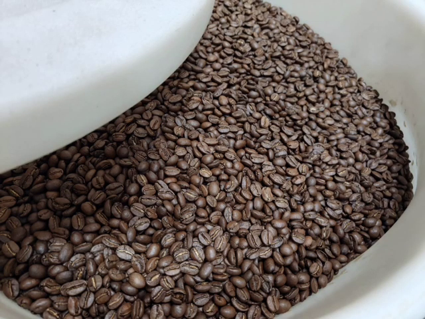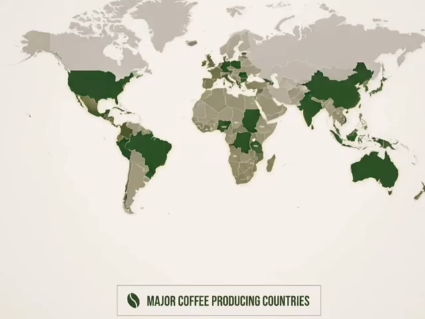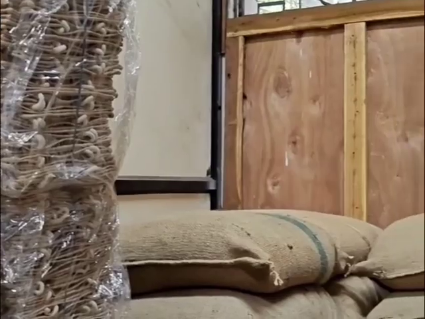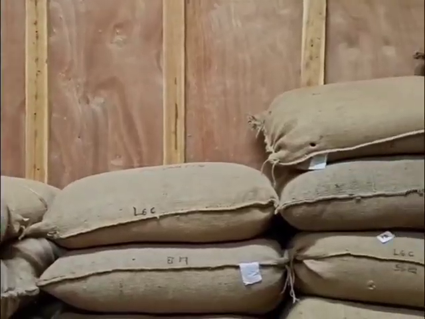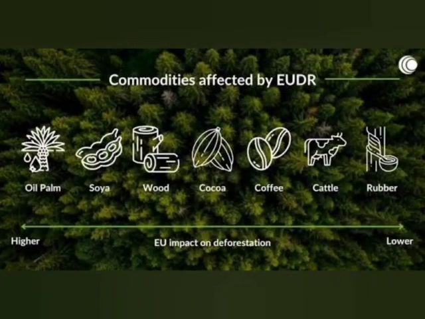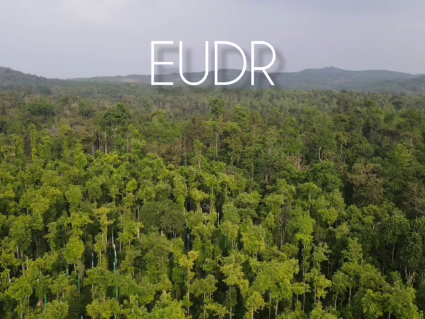Coffee is an export-oriented commodity in India, with 70% of the production exported to more than 120 countries worldwide. The European Union accounts for 60% of India's green coffee exports, making it the major market for Indian coffees. As coffee is covered under the European Union Deforestation Regulation, or EUDR, it's essential that coffee farmers ensure compliance with